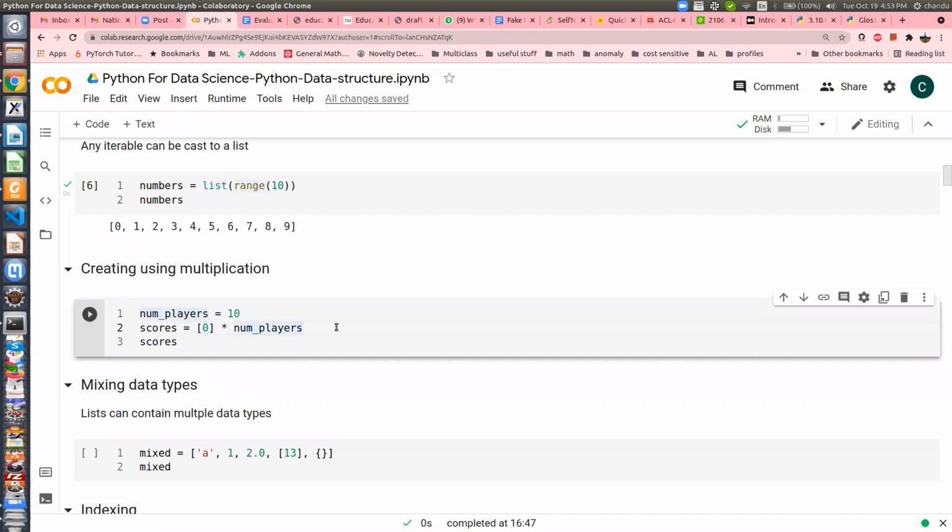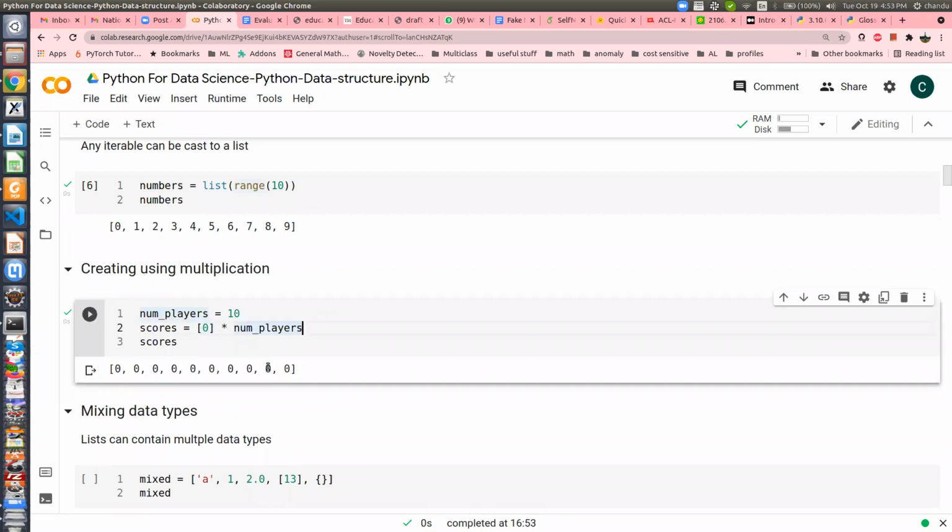Okay, so if I run this cell, you can see that I created a list of 10 numbers, all of them 0. In C you have seen, when you type int a, in some compilers by default all the numbers are initialized with 0, right? Sometimes it's garbage. So this is a very beautiful thing. You can also increase it to 20, so it will replicate the same number 20 times.